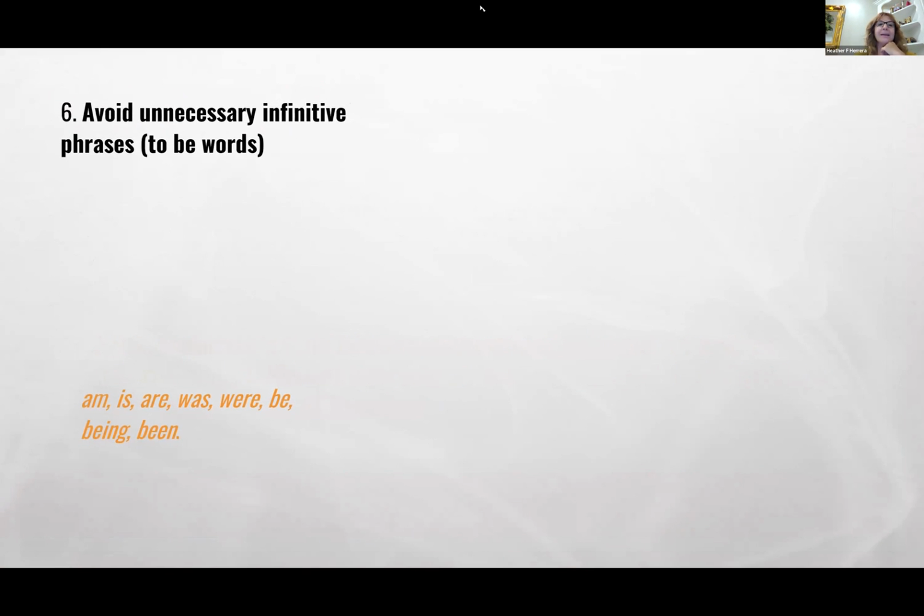And then these are those helping verbs. If you wanted to go through your paper: am, is, are, was, were, being and been. Being and been to me are the ones that are most problematic. And I do search my work for being and been, because I know that if I just invested a little bit of time, I'll find a more direct, descriptive way of expressing what I want to express. It's fine when I'm in the early stages of writing. Use all of these words, do all of this stuff, but later just know, okay, I'm going to go back in and I'm going to tinker with those words. So